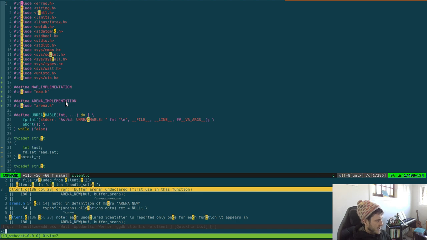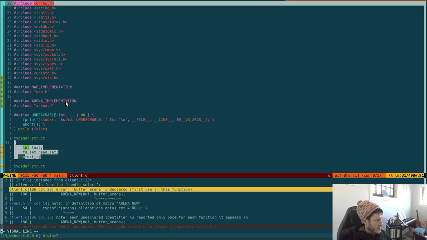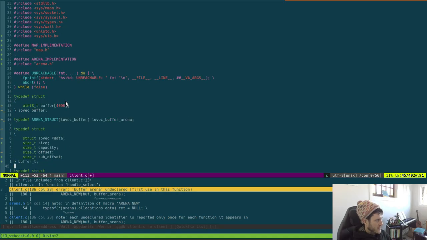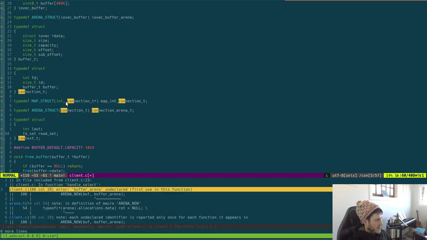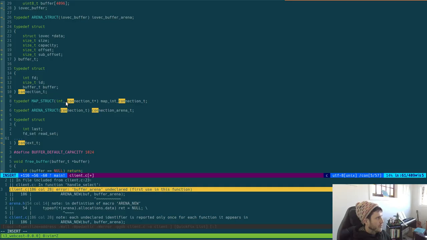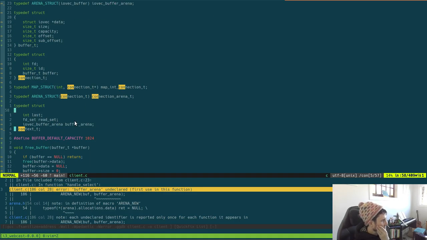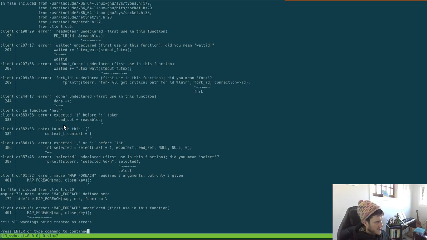So our context needs to come down a few because we need to know what some of these things are. So what was it saying? It wanted a buffer arena. Did we have one? Yeah, it was the IO-Vec buffer arena. Buffer arena. I wonder. I mean, we could potentially make a pointer, but nah. I mean, we're kind of